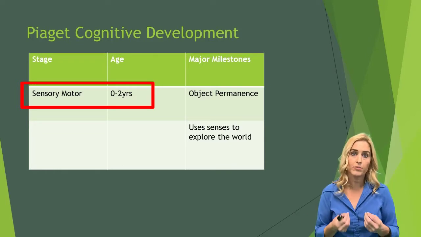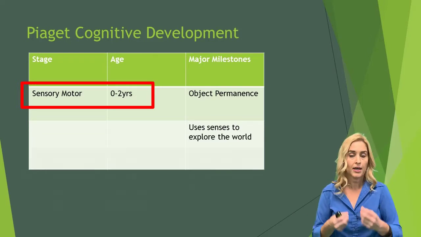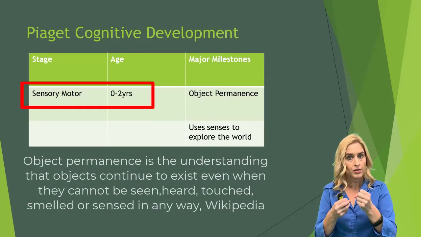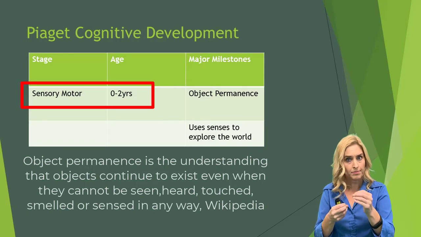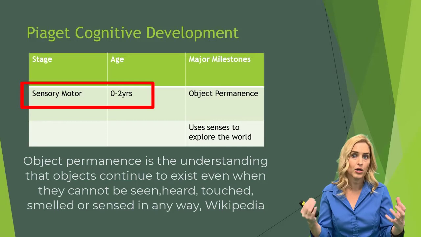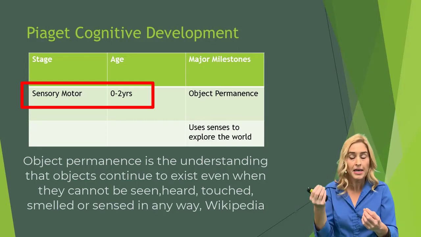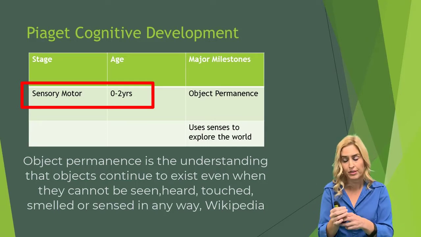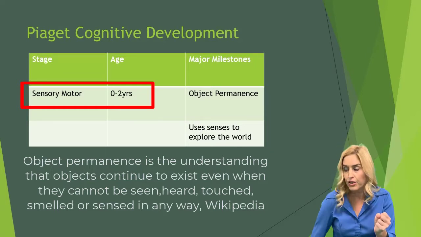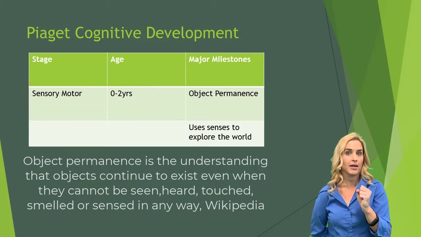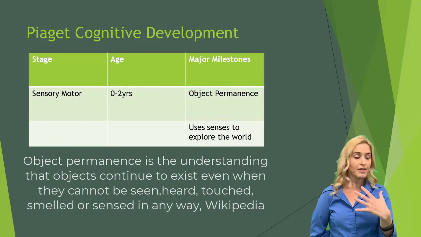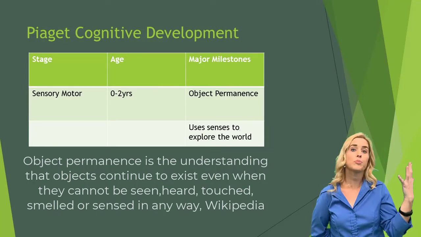So the idea of object permanence is understanding that objects are permanent in the world around me. So achieving object permanence means that I will look for things even after they are out of sight. So you've heard the term out of sight, out of mind. That is literally what happens to a baby. So you take their favorite toy, let's say it's a rattle, and you shake it in front of their face, and then you hide that rattle behind their back. If they look for it, they have achieved object permanence. When they don't look for it, it's just disappeared.